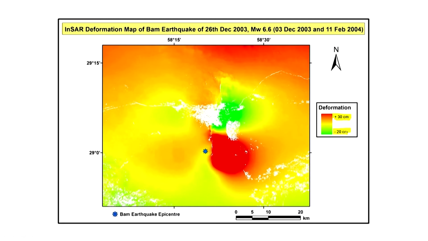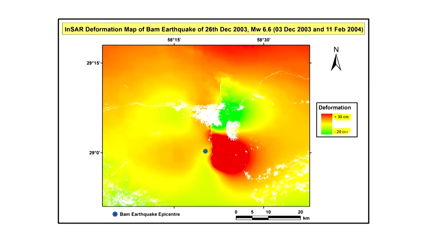That is in the line of sight, because as you know, in radar remote sensing data is not taken in nadir viewing, it is taken in an oblique direction. So it is the change in the line of sight, not directly vertical, but it can be converted to get more accurate values like these. So, you can know exactly which area got uplifted and which area has subsided, induced by that earthquake event.